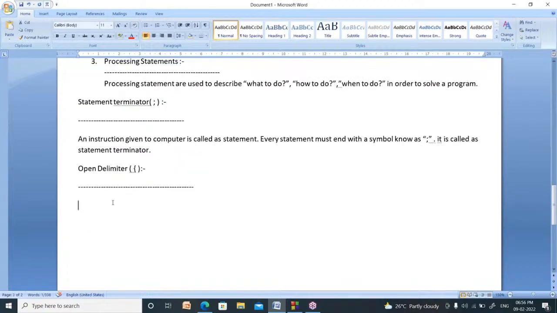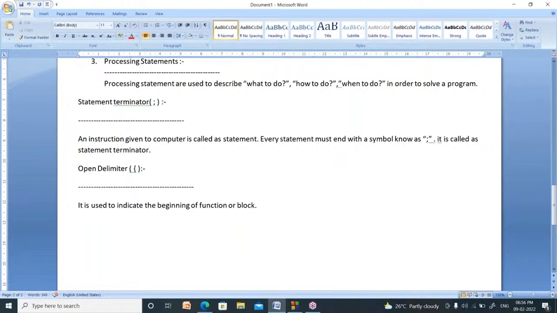Right. Now, what is the meaning of open delimiter? Open delimiter is nothing but it is used to indicate the beginning of a function or block. Block means a group of statements.